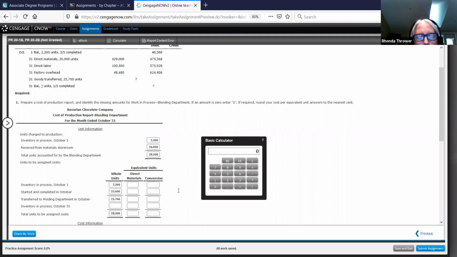So if I take 28,300 units, my total units that I had to account for, 28,300 units. If I subtract out what I transferred of 25,700 units, that's going to leave me with,